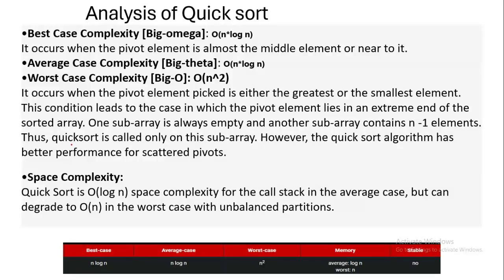The time complexity as well as the space complexity of quicksort depends on the selection of the pivot. The best case occurs when the pivot is almost at the middle position, or somewhat near to it. This ensures the splitting of the array